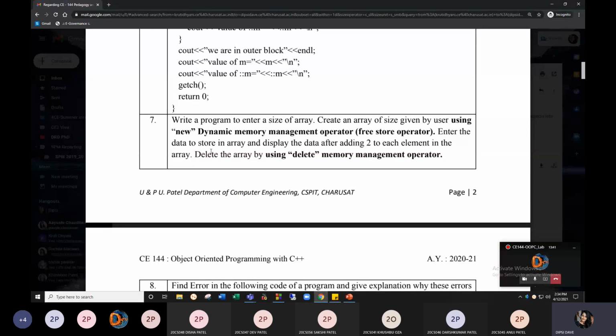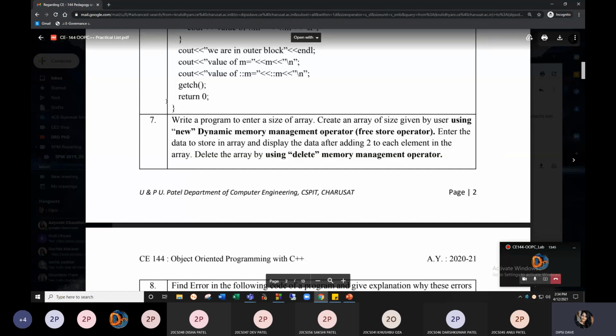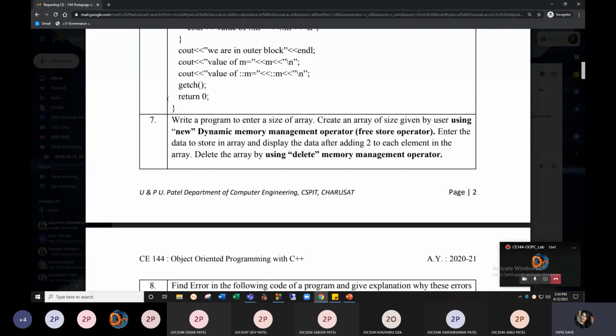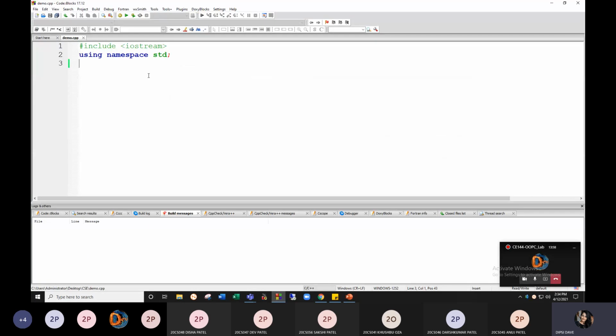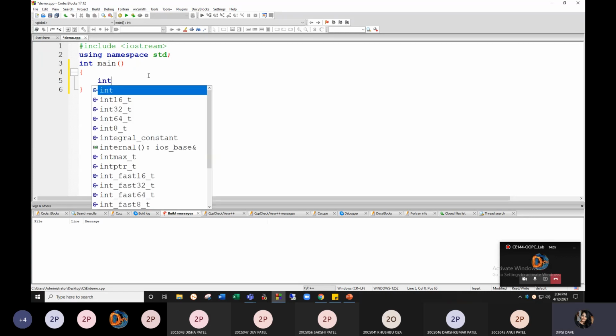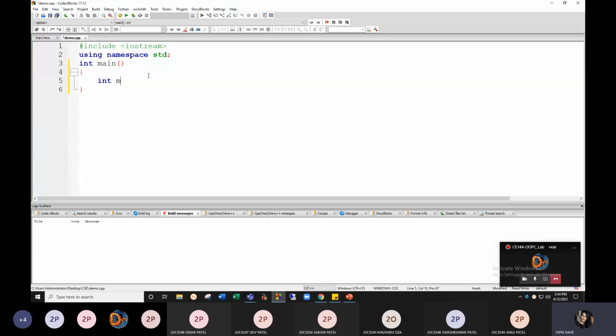So first, we need to write the size of the array.